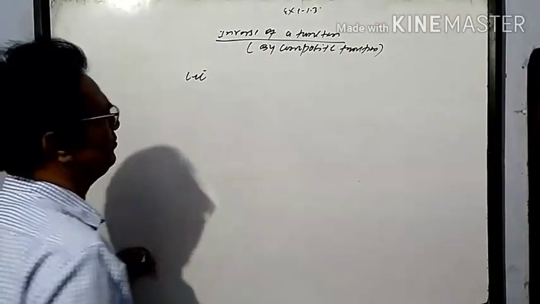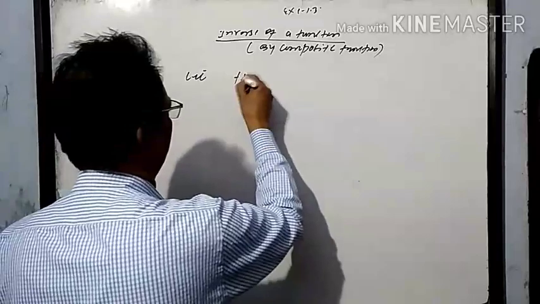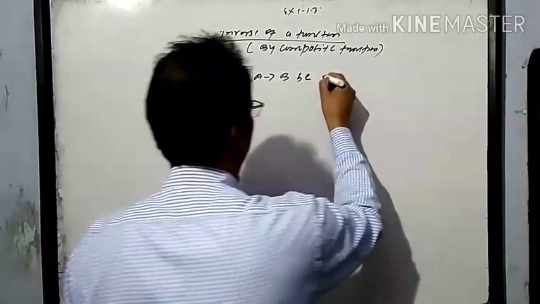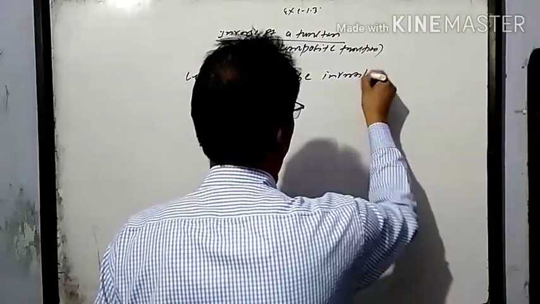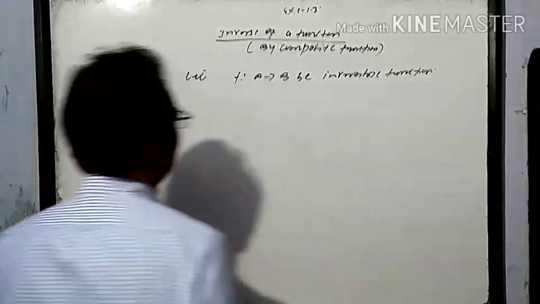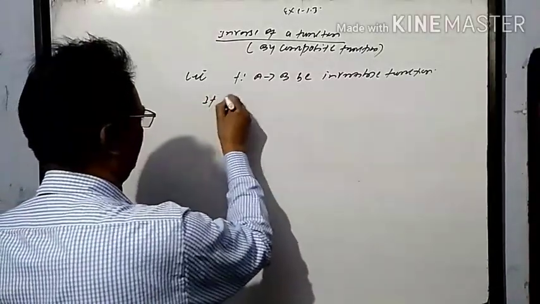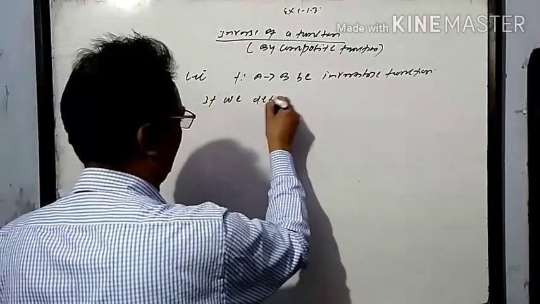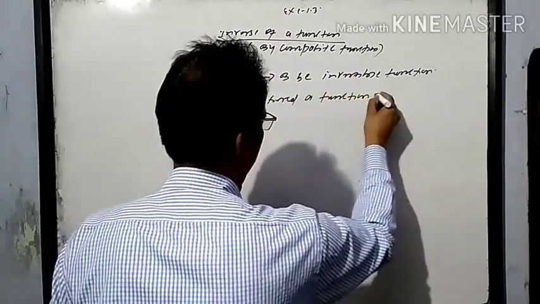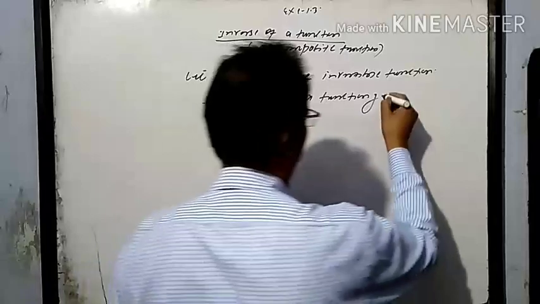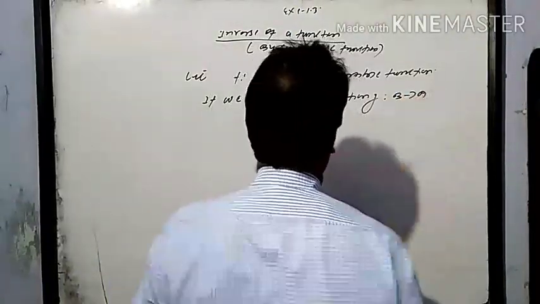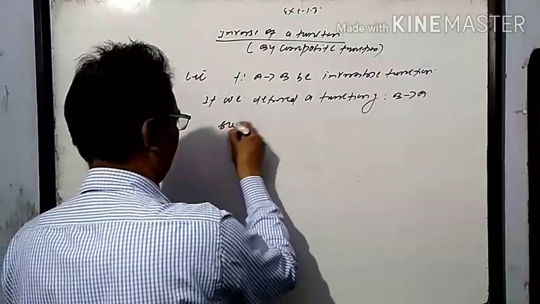Let f, a function defined from A to B, be an invertible function. If we define a function g from B to A such that